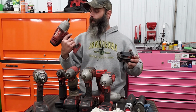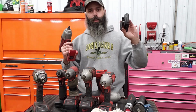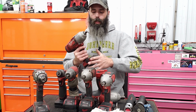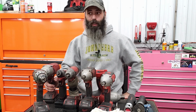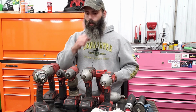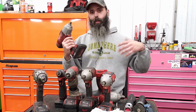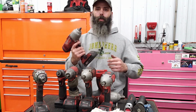Yeah, 8 years old, and literally they've not changed their battery style in over a decade. They found something that works, they stayed with it. I think in the last decade, I want to say Snap-on's changed stuff up a couple times, versus I can still use this at home. Granted, it's not 1,200 foot-pounds or 1,400 foot-pounds of breakaway torque, but